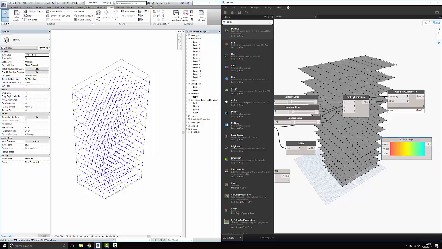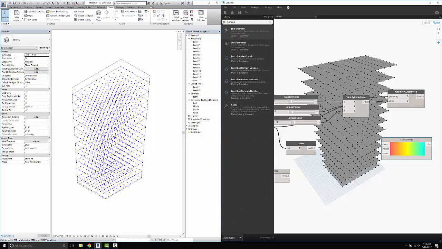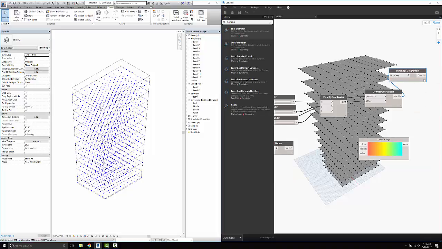So the distances is what we're going to use to assign these, and you can see that the distances have quite a big range, and in fact we can put in a domain component. And the domain here again is a Lunchbox component, and it gets the domain from a list of numbers. So if I put that Lunchbox component in, here are my numbers, which are distances. And the domain,